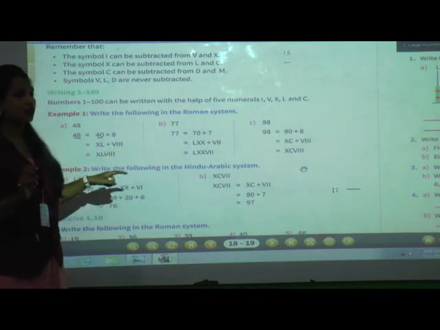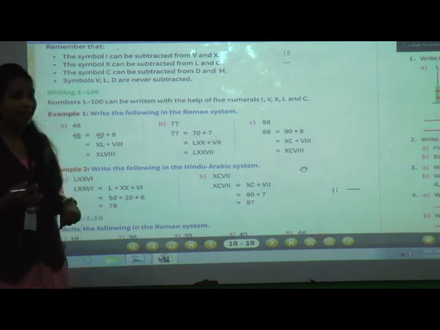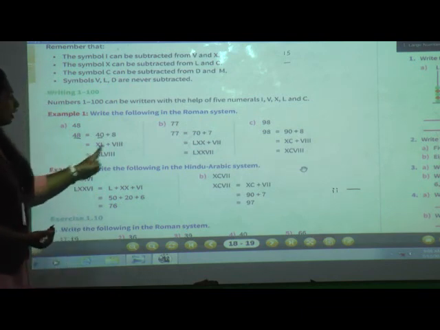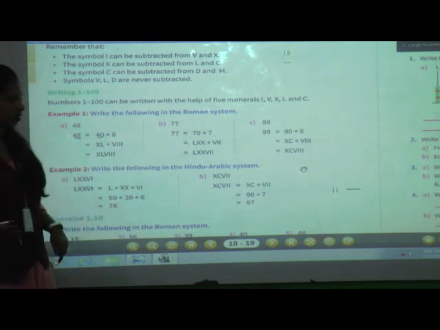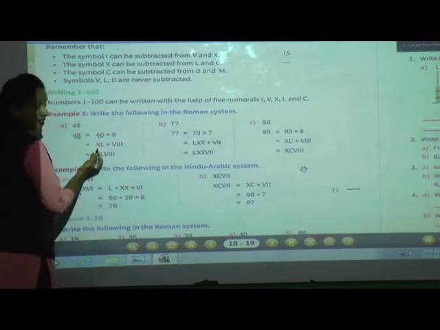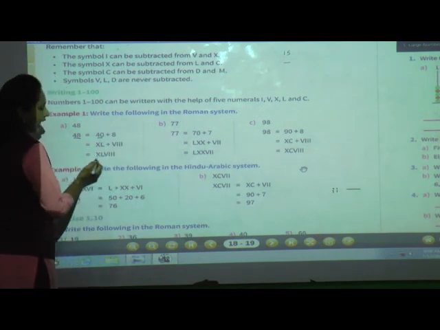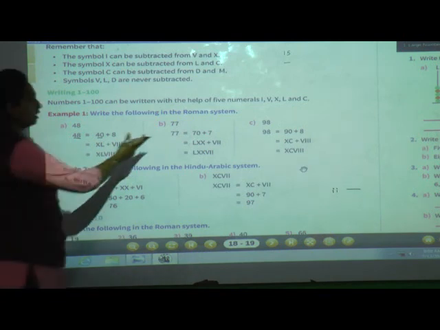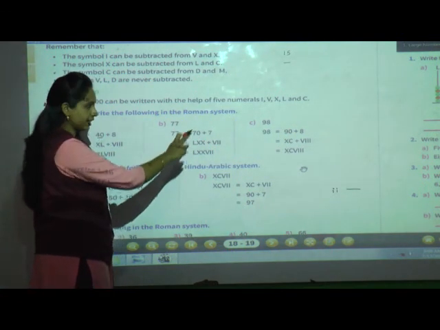triple I. So students, what you have to do first, you have to write Roman numbers 1 to 100 in your math CW. Once you write everything, you can do this automatically. Okay, I will send you 1 to 100 Roman numbers through WhatsApp. Got it? Now 40 is represented as XL and 8 is represented as V triple I. So just add together and write together. Understood? In the same way, second example 77. 77 expanded form is 70 plus 7.